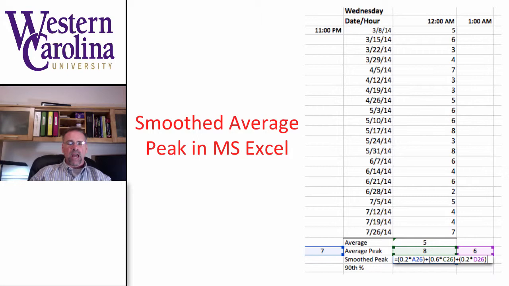So you see the average peak would have to be calculated for each of those before. So I made an assumption that the average peak at 11 was 7. We had calculated it already for the midnight hour at 8, and for the 1 o'clock hour, we'll make the assumption that it's 6. So you see 20%, that's equals, and then parenthesis 0.2 for 20% times A26, which is the 7,